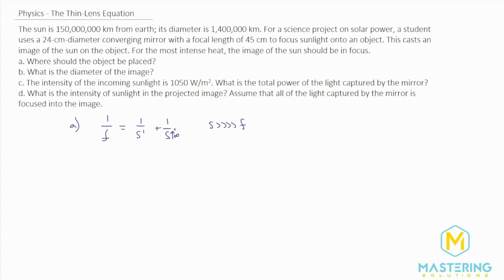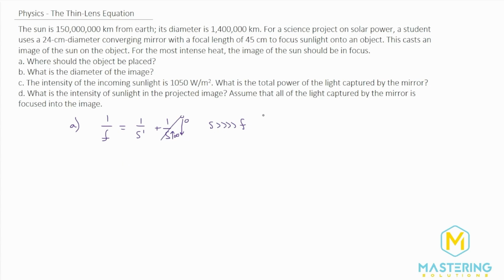What we say is it's optical infinity, meaning it's so far away that when you convert it into diopters, it essentially doesn't matter. And that's because as this number in the denominator goes up or gets closer and closer to infinity, the overall number goes down. And so this one approaches 0. So for our question here, we can treat this as if it is 0.